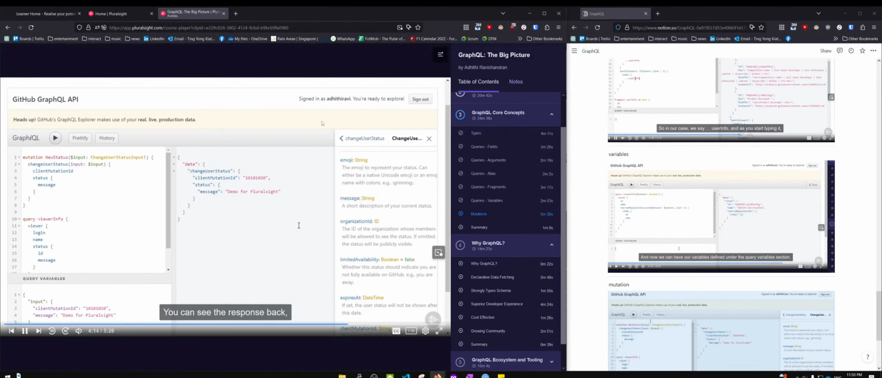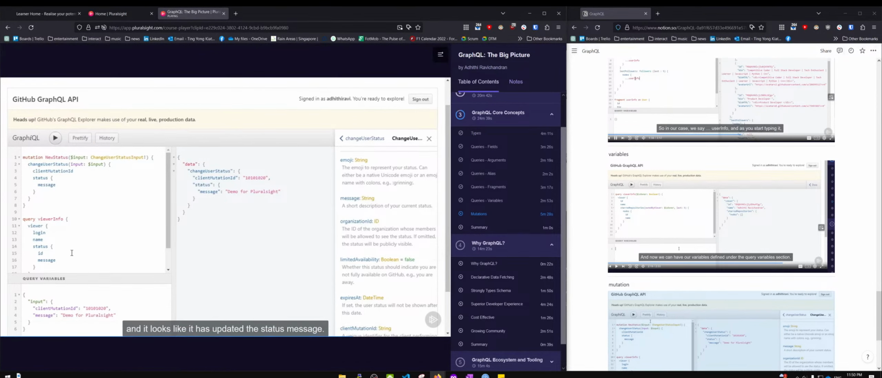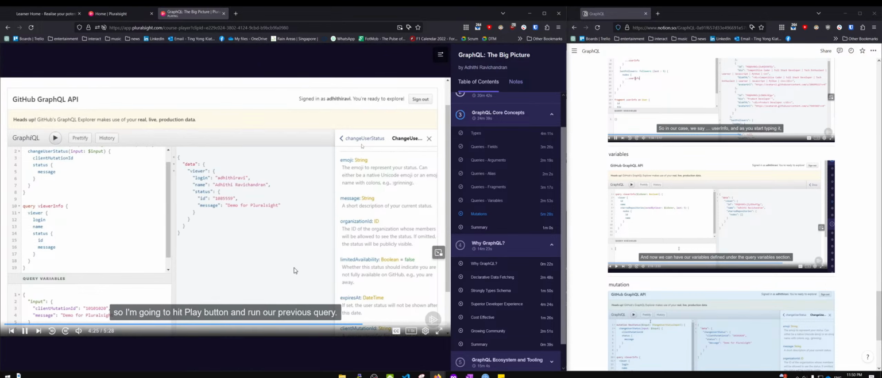You can see the response back and it looks like it has updated the status message, and you can always verify that by running our query viewer info. So I'm going to hit the play button and run our previous query. Note